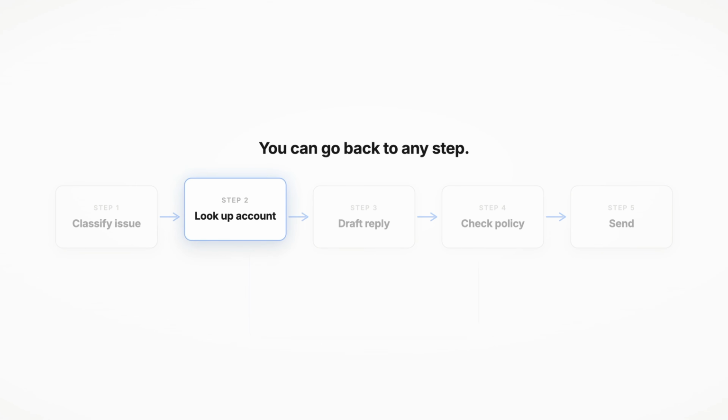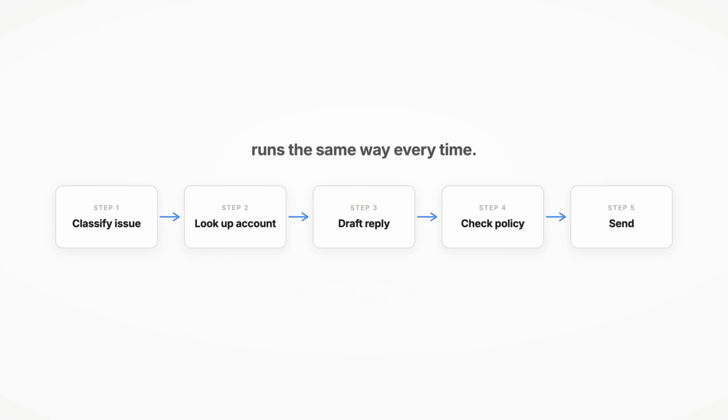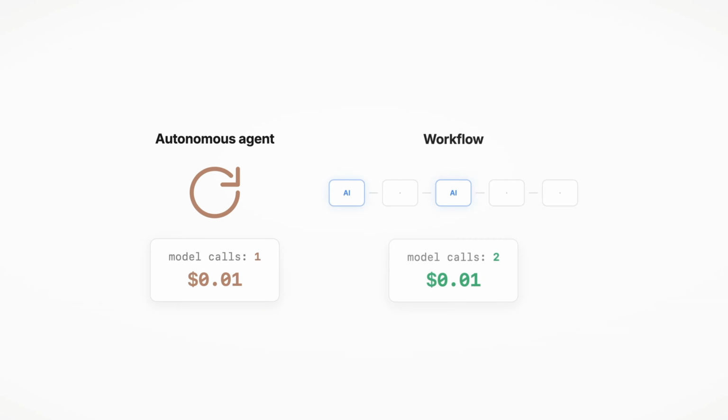And why does this matter so much? First, workflows are much cheaper, and they are stable. You can actually trace them much better because you can go back to step 2 and see what actually happened there. And simply because it's much cheaper, you don't need to pay for each iteration of the call to the model. So before you reach for the agent, always ask yourself, can I actually draw this step by step? And in most cases, you actually can.